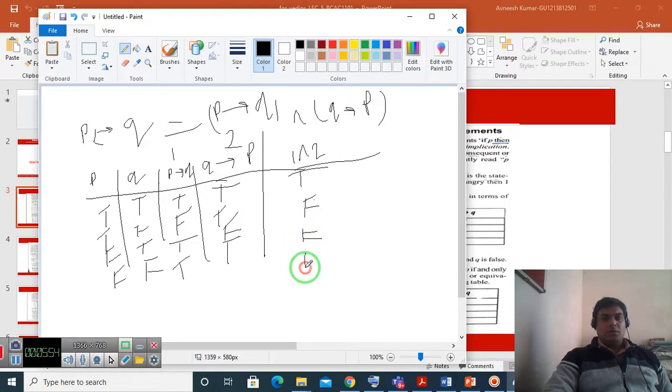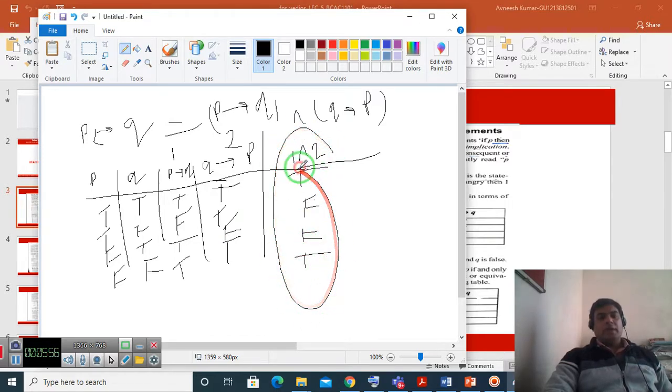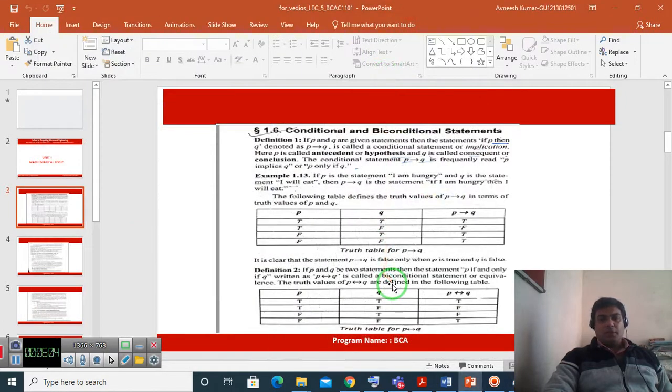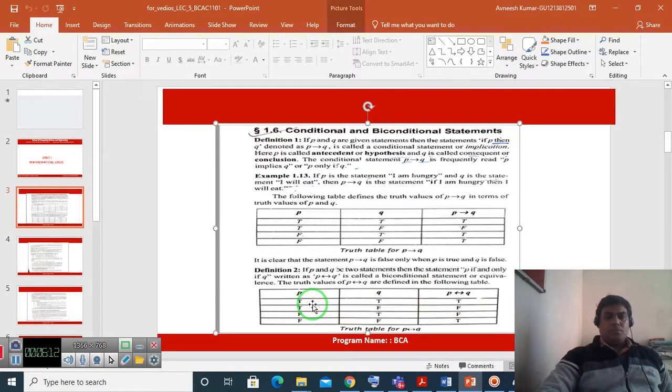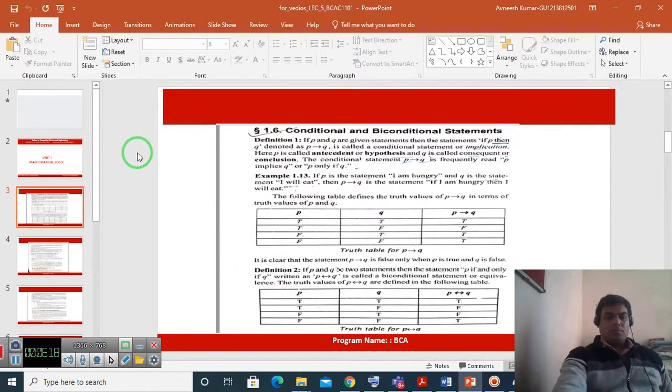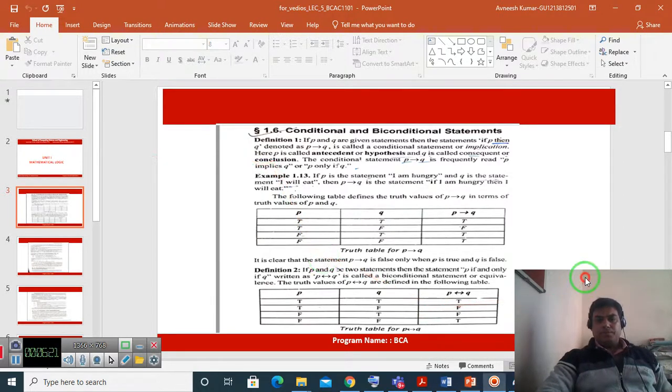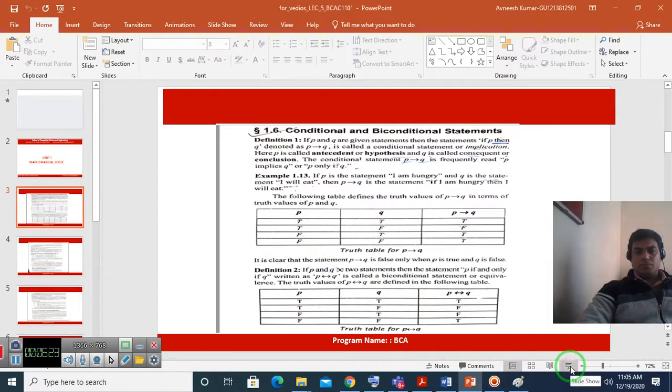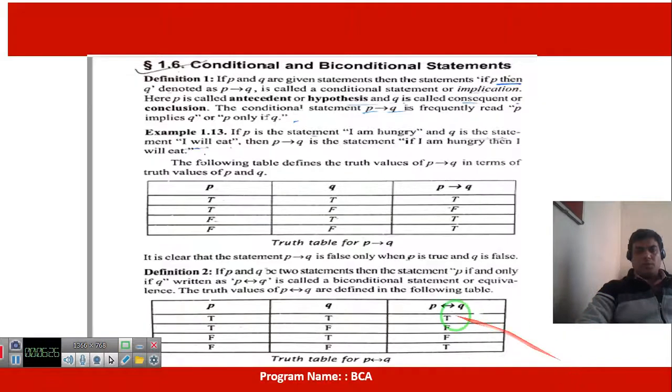So the final table is that of the biconditional: both true gives true, both false gives true, otherwise the result will be false. So this truth table is saying that.